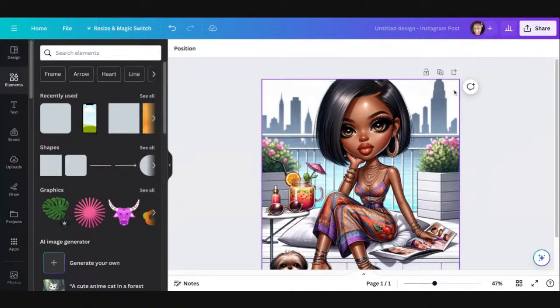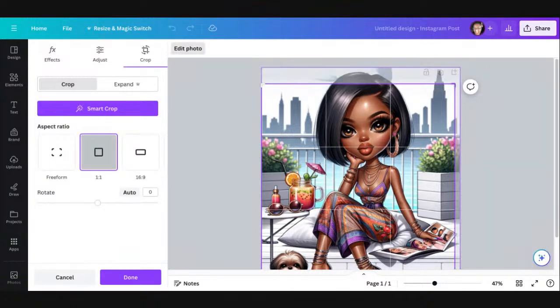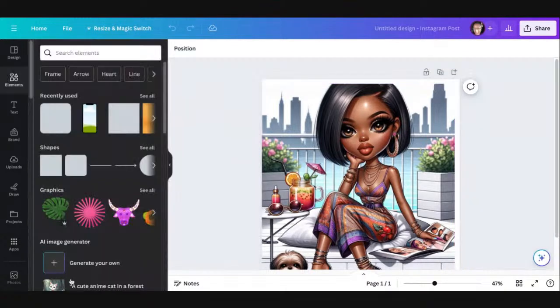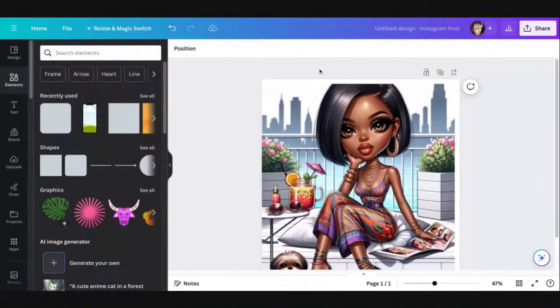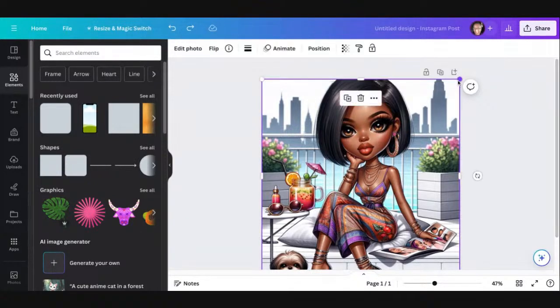Let me see. Is it gonna let me drag it in? Let's see if I could drag it in a little bit. Let me see. Oh, cancel. Oops, I did not mean to do that. Hold on. Again, it's lagging on my end, probably because my battery's about to die.